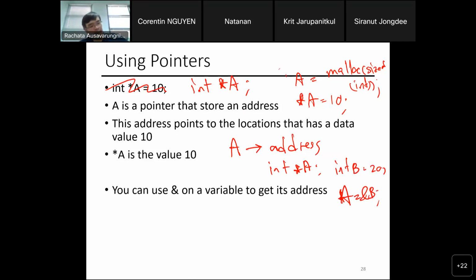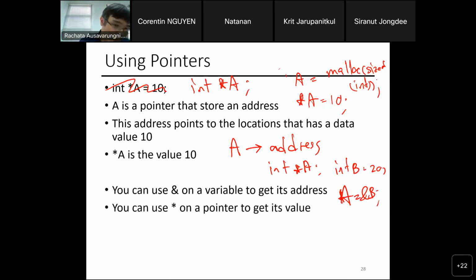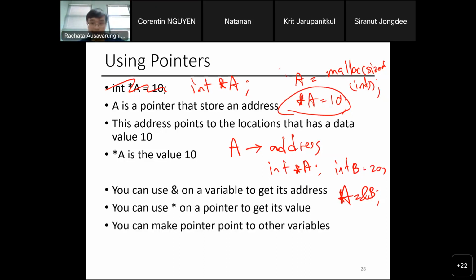This means that A will now point to the same address where B is located. You can use star on a pointer to get the value like this. This would give you the value, and you can use it interchangeably. You can make a pointer point to another variable, which I just did here. The pointer points to the location of B.